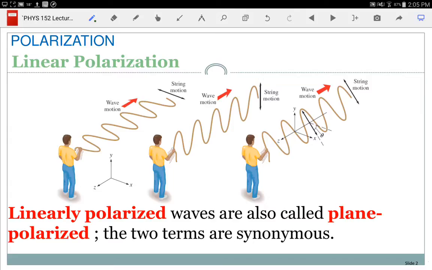And everything we're going to talk about here is plane polarized. I have some of those 3D glasses you use when you go to the movies. When you watch the 3D movies and you get those cool glasses, one of the weirdest things you can do